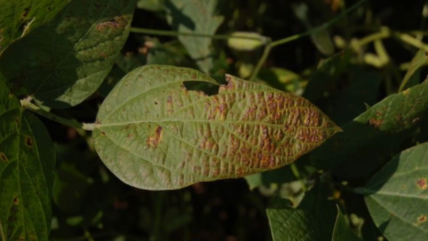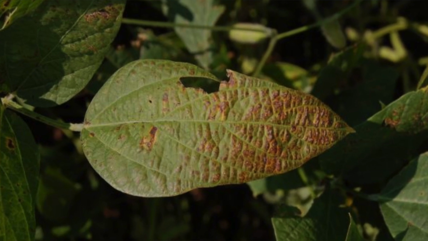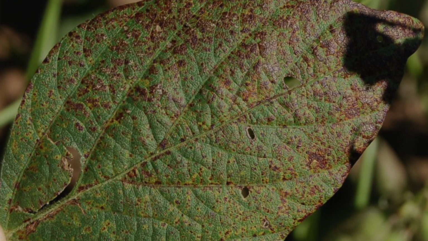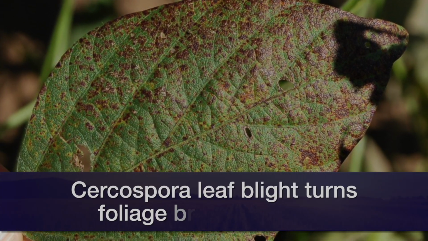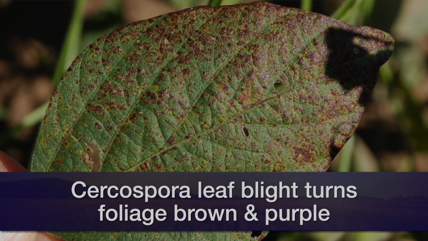Another disease that I started to observe in the soybean fields here in Oklahoma after the last rains that we got in the beginning of August is Cercospora leaf blight. We see in the upper canopy of the soybean plants the occurrence of a bronze color in the leaves that sometimes can be dark brown or light brown, and sometimes these lesions can also become